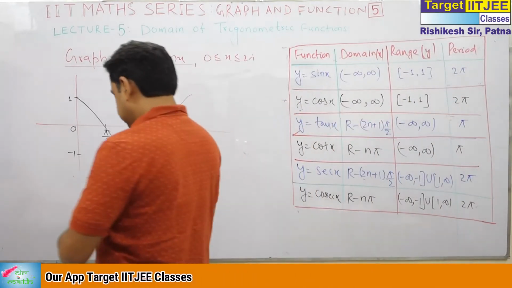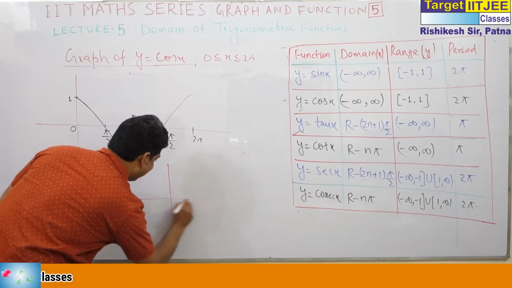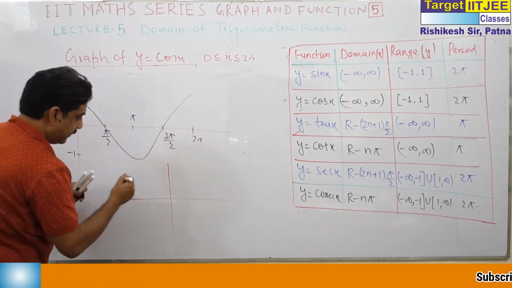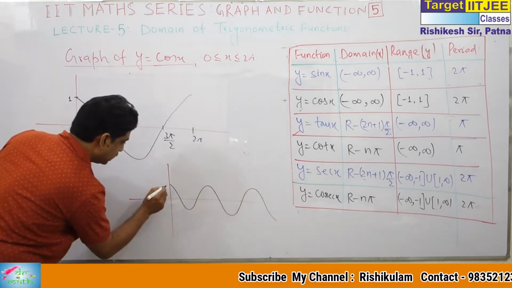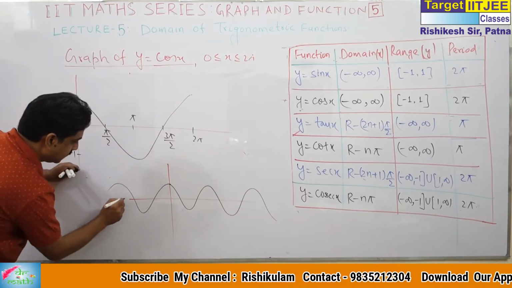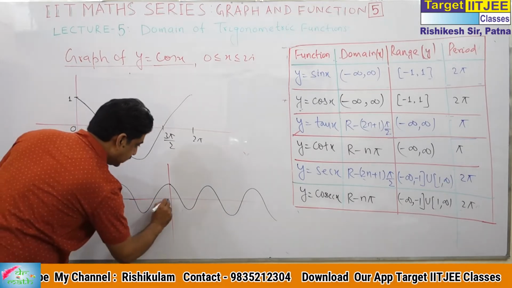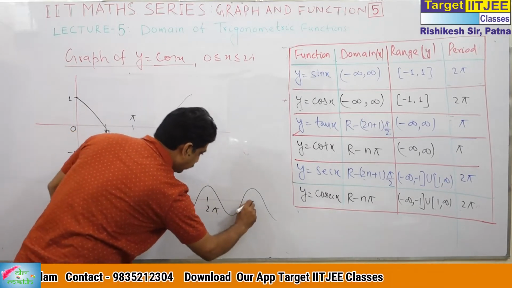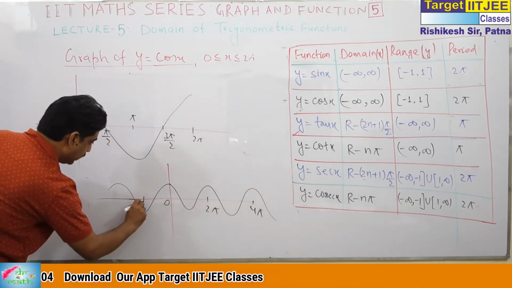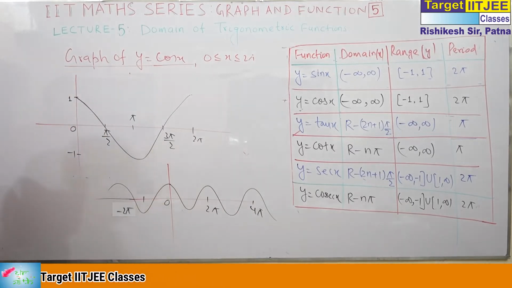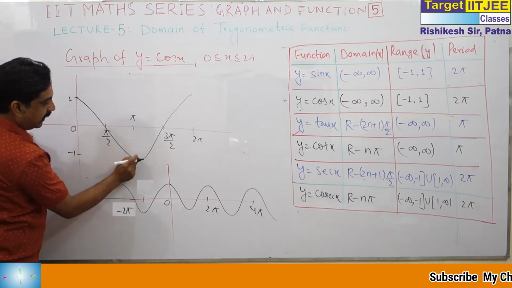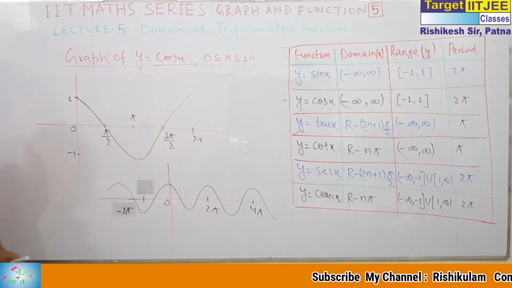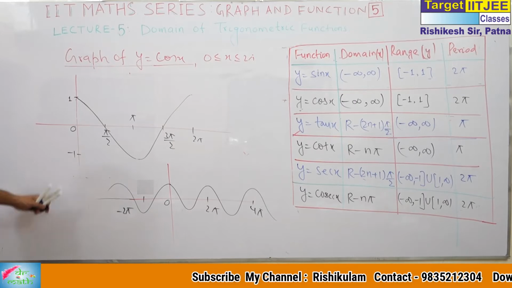And again this graph can be taken along this way. This is the general graph of cos x. This is 0, this is 2 pi, this is 4 pi. If you go through here, this is minus 2 pi and so on. It starts from 0, decreases in 0 to pi and increases in pi to 2 pi. So this is the graph of cos x.